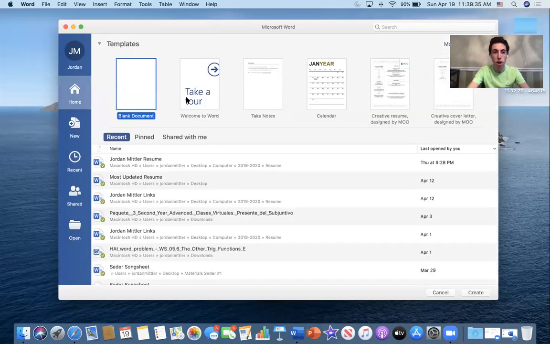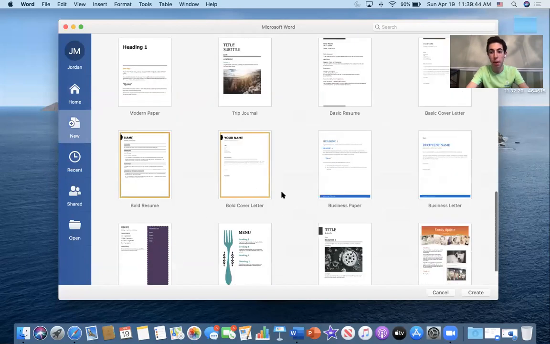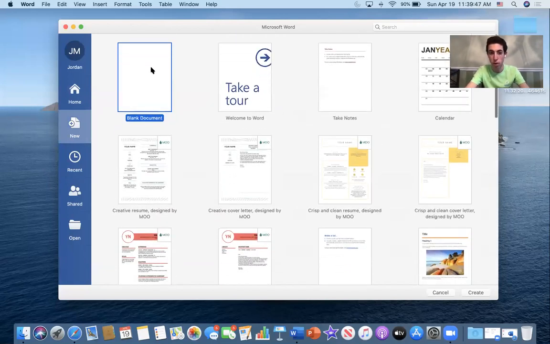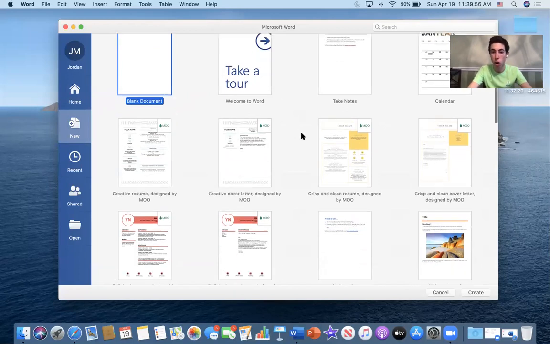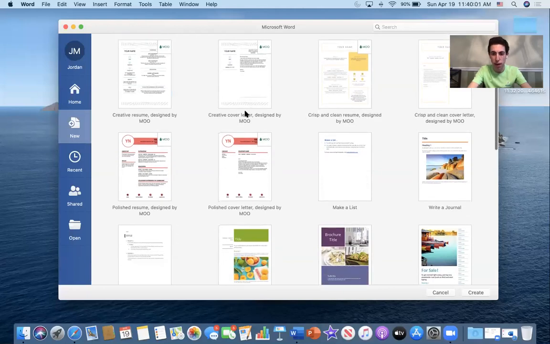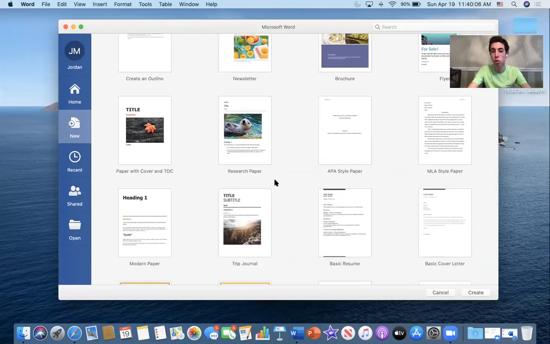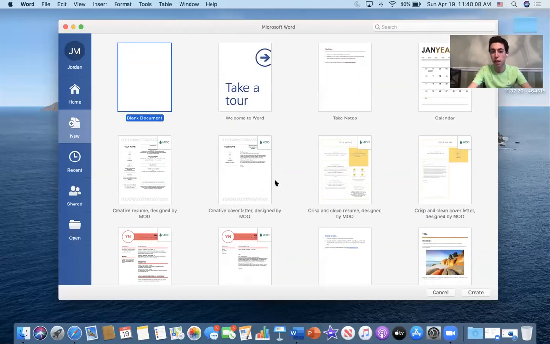If we go back to Home, all the way at the top is where you're going to see all of the templates. You could also access these by clicking on the New button on the left. And here's where it has all of the Microsoft Word templates that are already made for you. The first one's a blank document, which is the most common one. If you want to start from scratch, you'll click on that button. But Microsoft Word also offers, similar to Pages, other templates like for resumes, a book cover, a newsletter, a brochure, and these are all cool to explore and see if they fit your needs.